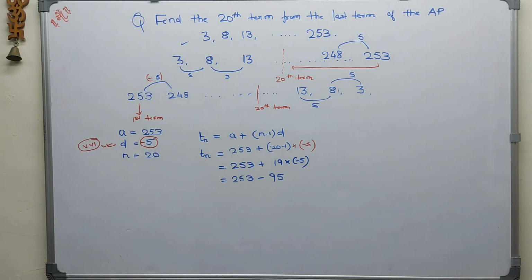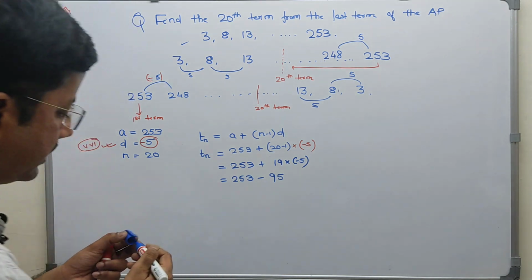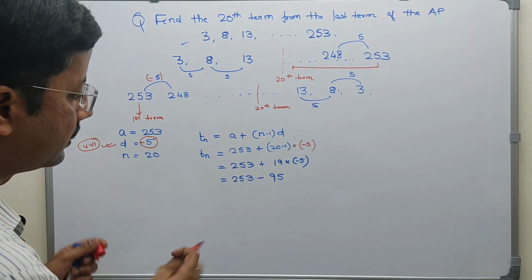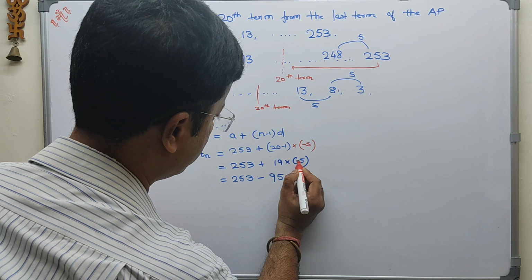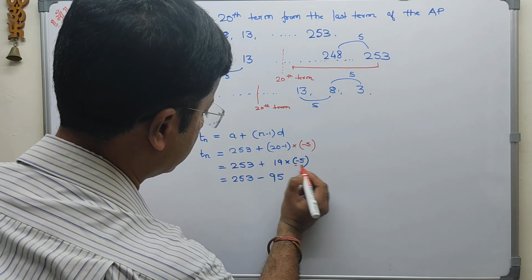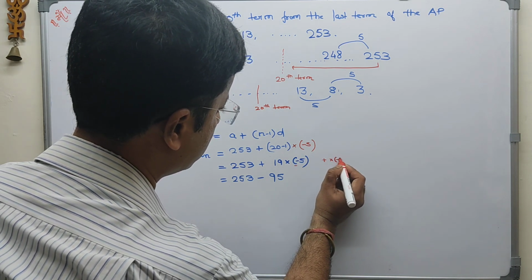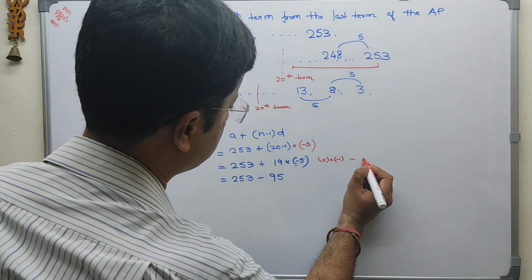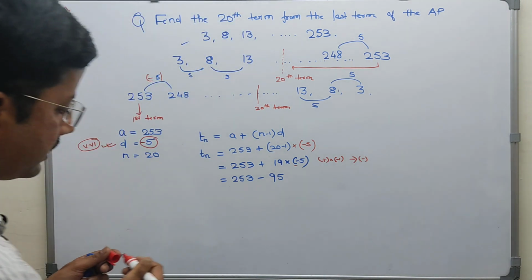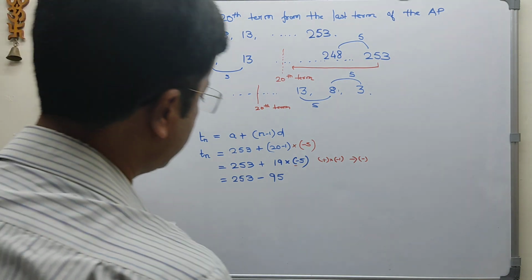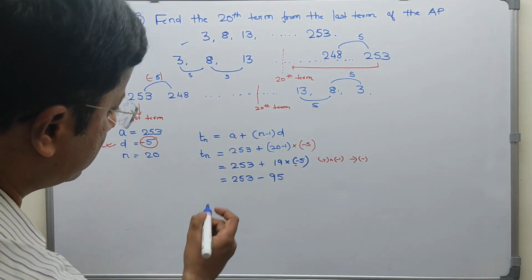And why is it minus? You all know very well, because when we multiply plus 27 into minus 5, plus into minus is minus. That is why we are writing minus 135. Then what would be the answer here? Subtract this one, we will get here